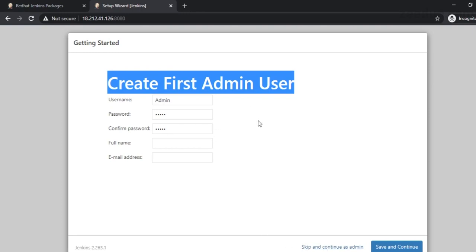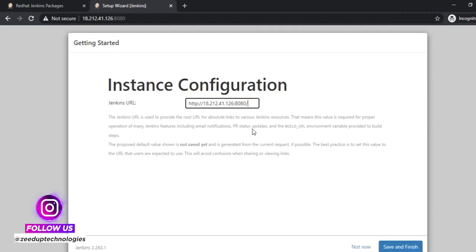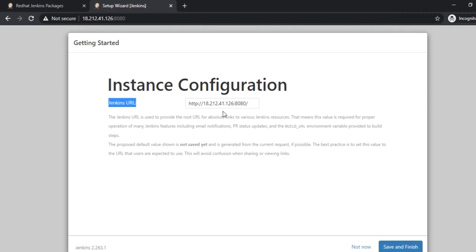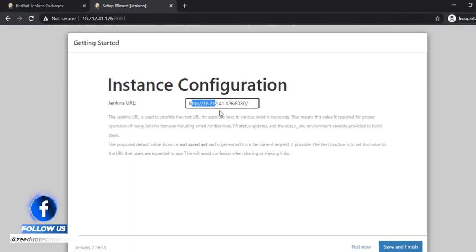as admin. So I will be doing this because I don't want to create a new administrator, and I will skip and continue as admin, and the password of the admin will be the one we used to log in the first time. Okay, now I will skip and continue, and it will ask for the Jenkins URL, and this is the URL that we will be using.